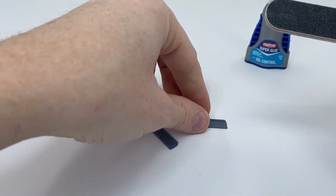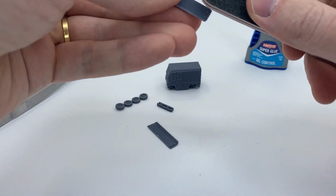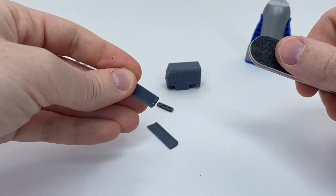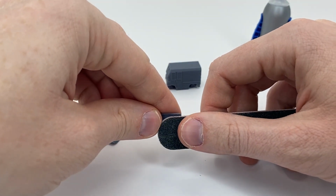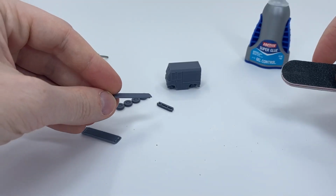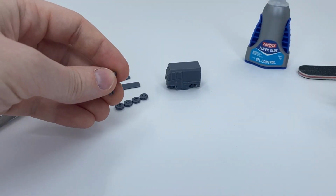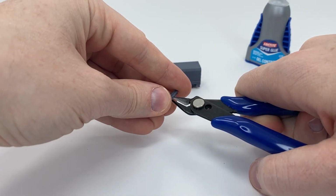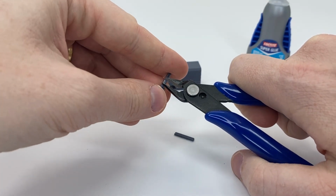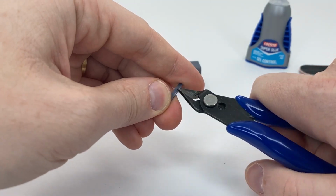One thing that you might want to do is sand down the parts where you clipped away, because this is the roof piece. You want to sand down the parts where you clipped away. You want that to be able to be glued onto the roof. Lastly, well, not lastly, there's clipping away these bumpers. Here we go. Just clip away the sprues off of these bumpers. Some little pieces here, but...